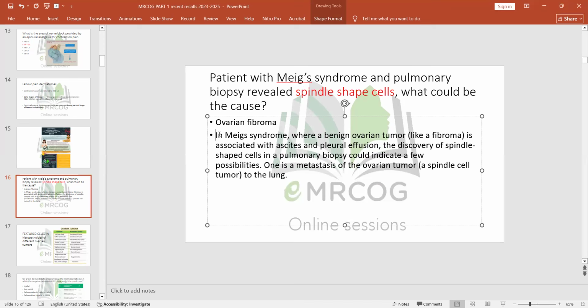Okay, and here it is. We have the clue, we have the evidence of having ovarian cancer, a spindle-shaped cell. Okay, and they told me that this is the Meigs syndrome. By the way, previously they used to ask you about what is Meigs syndrome. Again, now they are upgrading the questions because they know that most of the candidates now are aware of the question. So guys, please, I'm begging you, in those very few days, if you are going to use the recalls, don't use it copy-paste in your mind. Use it as a method to know a topic or a piece of information.